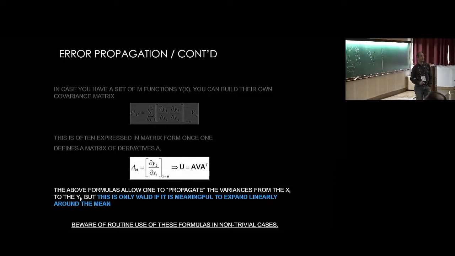Please don't forget, it is based on having taken a Taylor series expansion, which, you know, is an approximation because you stop at a certain level. In fact, it's stopping at the first term. So this is only valid if this linear expansion around the mean of the x can work. It works if you have smooth functions, but can be tricky if your functions are not smooth, okay? So be careful.